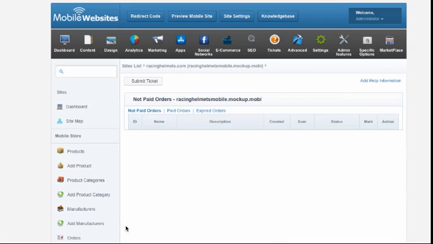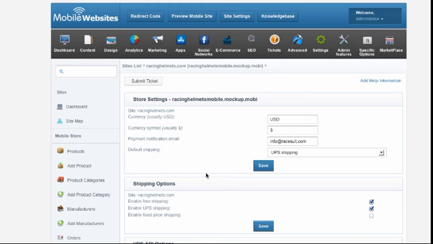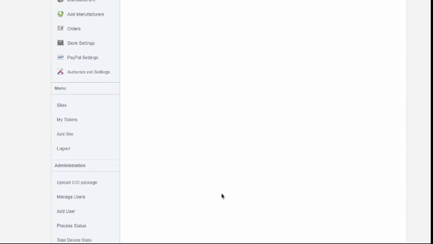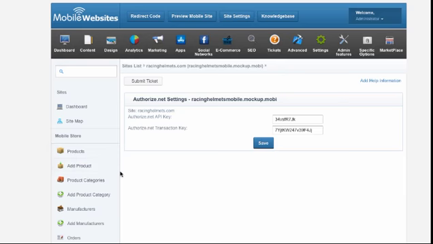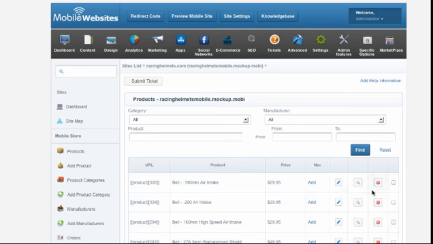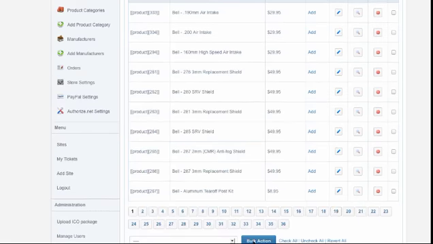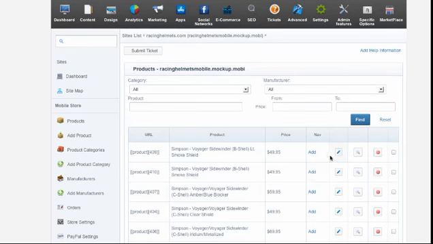Orders. It's going to show their orders here. Any store, and I'm not going to show you that because it's their stuff, but it's going to show you their UPS API, their email addresses, Authorize.net settings, things of that nature. So again, this is all very easy to set up and use. And then down here, they can scroll by different pages if they want. You want to try to find out. Let's go to here, and